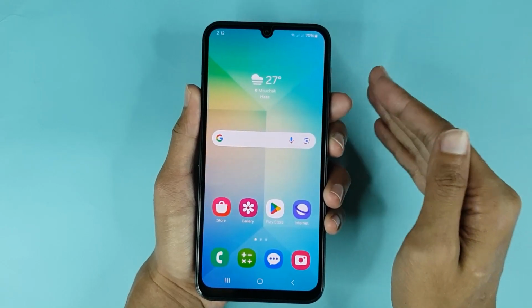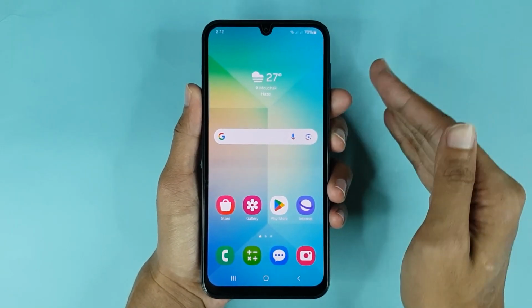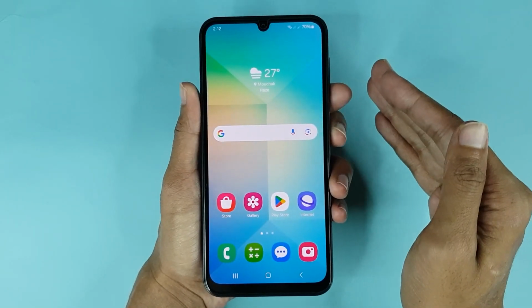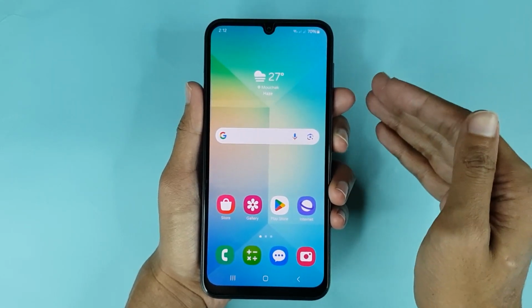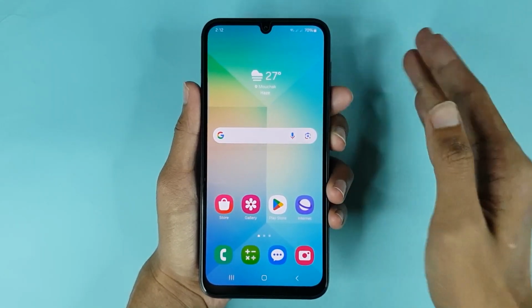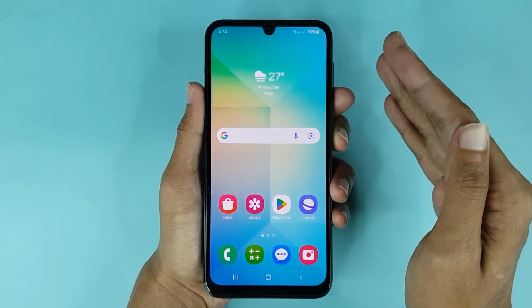Welcome to Drawleaper channel, and in today's video I am going to show you how to take a screenshot in your Samsung Galaxy A06 phone. Today I will show you 3 methods that you can use to take a screenshot in your Samsung Galaxy A06